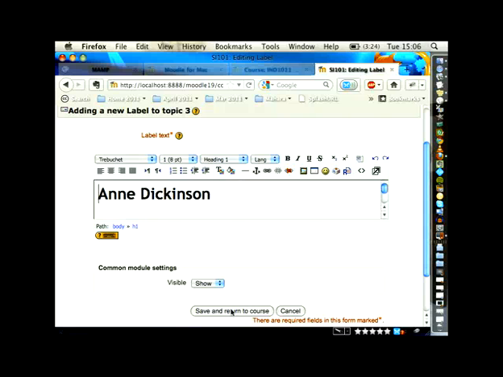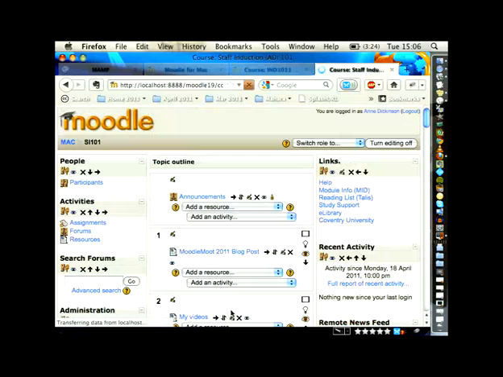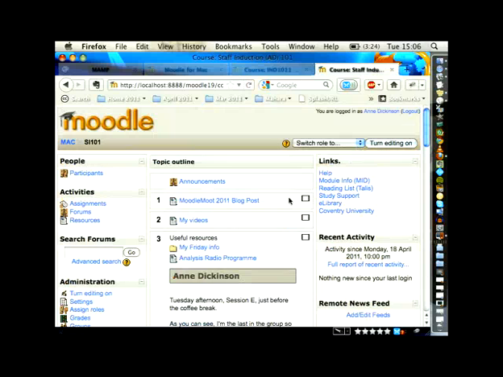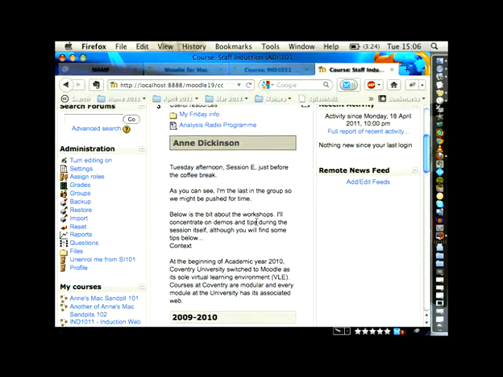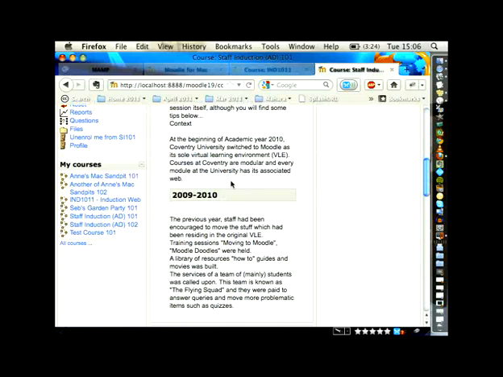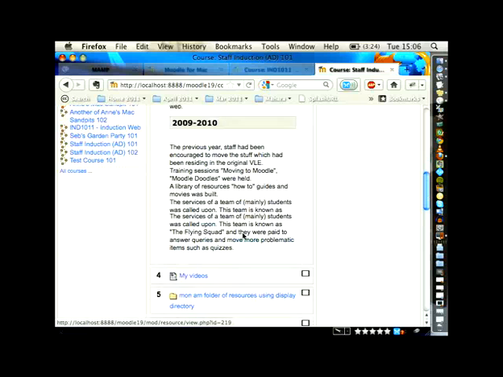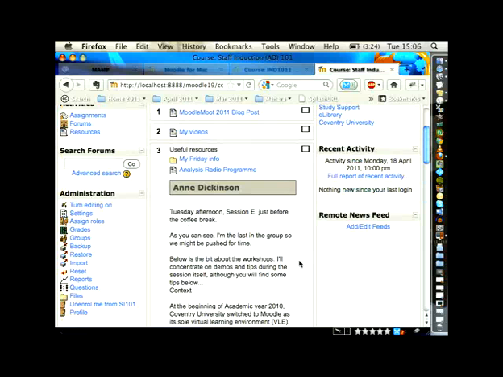So if you're not aware of that, save and return to course, then you get something, and I'm going to turn editing off to get rid of all the bits and pieces. So what I've done here is I've pasted in, that appears as the main heading, and this as a subheading. Your heading 1s, heading 2s, tons of text in here. And just as a final,